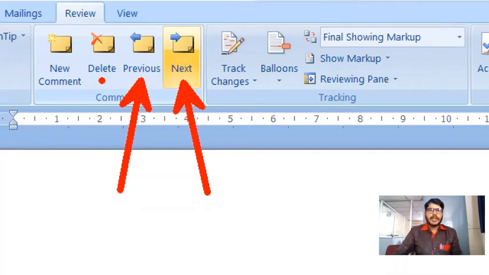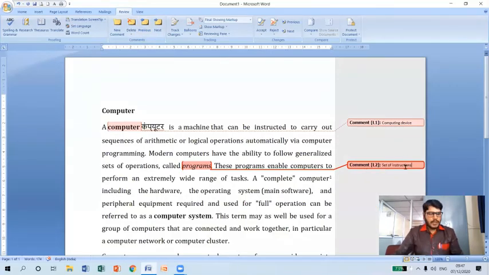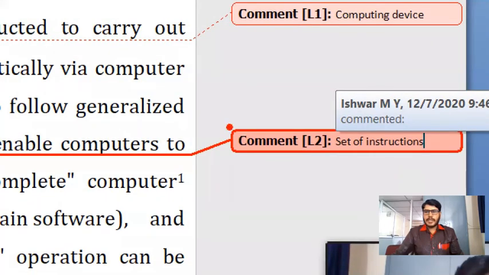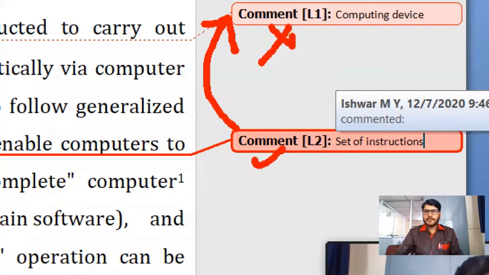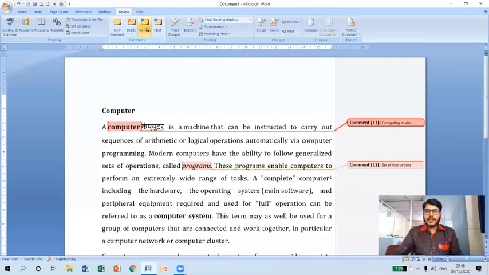Suppose I want to delete a comment which I have already included. For that I can simply use the Delete option here. So let me navigate. Now you can observe that my comment is appearing in line number 2. Suppose I want to move to the previous comment line. As you can see, this is enabled and this is disabled now. If I click on Previous, you can see comment line number 1 has appeared. And if I click on Next, then it will move to the next one. So likewise, I can navigate between the comments by using the Previous and Next options.